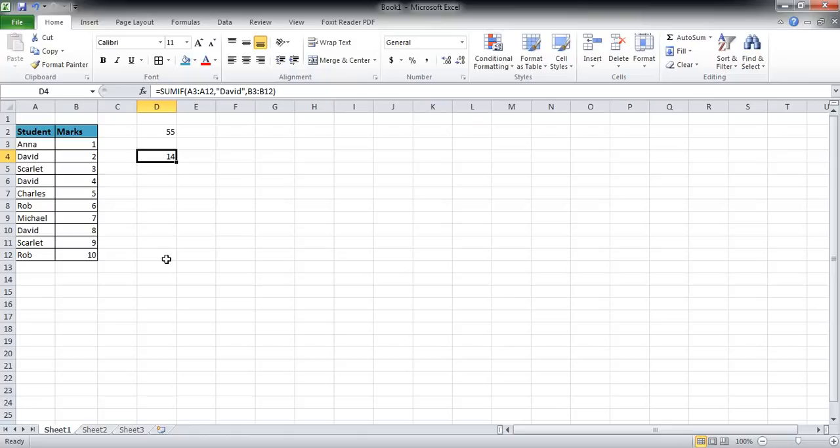Now how to interpret this result? The value of 14 in this example means that if I were to add up David's marks over different semesters, they would add up to 14. So let's do a verification of my theory. In this table you can see that in the first semester David has an entry of 2. In the second one he has an entry of 4, so 4 plus 2 is 6, and in the last one David has an entry of 8, so 8 plus 6 comes out to be 14. So this is what we were looking for.